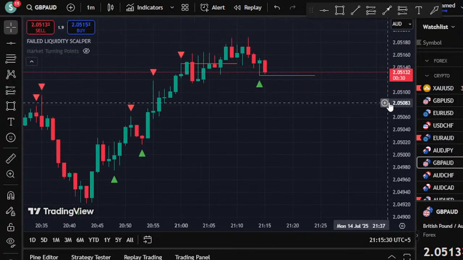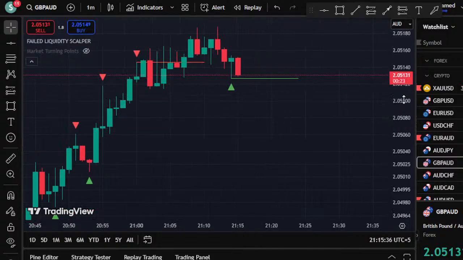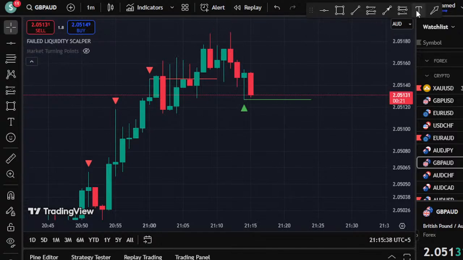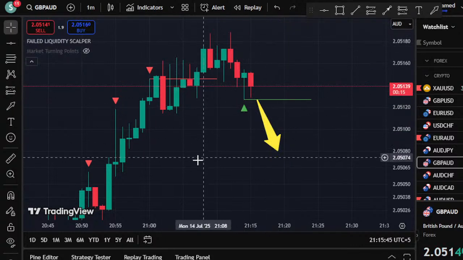At least the trade should be from the 3 minute or 5 minute, but on currencies it is better if we trade the 15 minute, that will be much better. Okay, look at this pound AUD. This is the 1 minute. So if the price gives a break below and closes below, then it will be a sell. If it makes a wick from the upper side, then it's not anything.